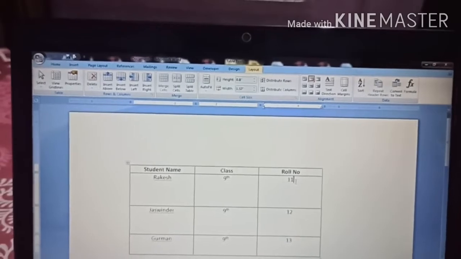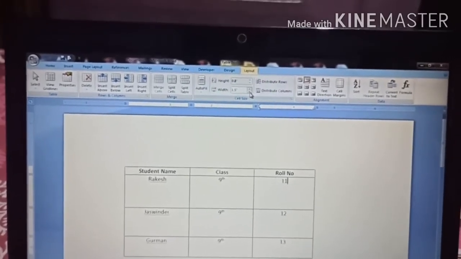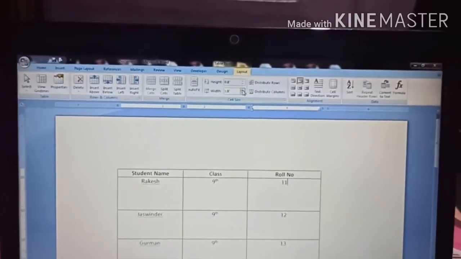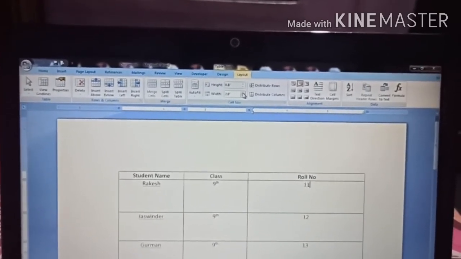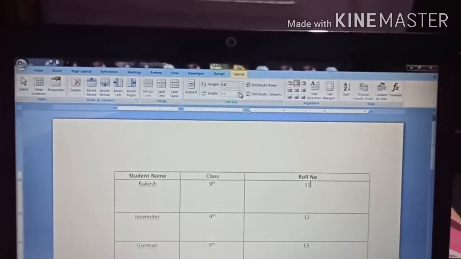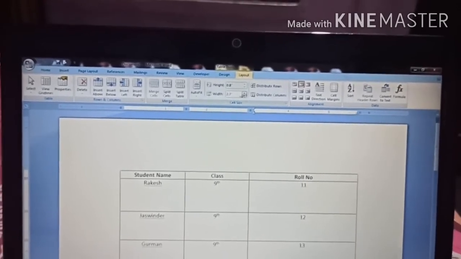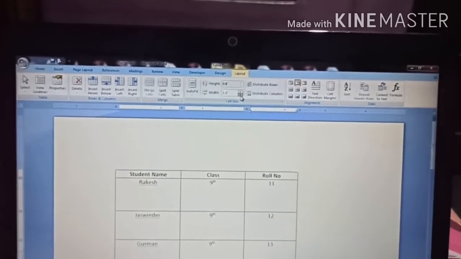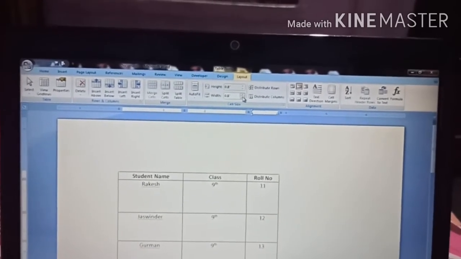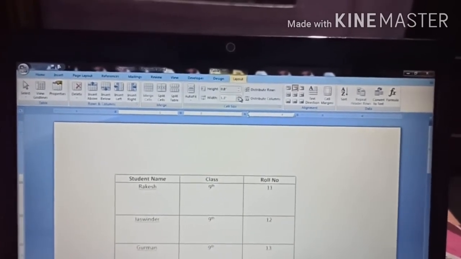Put your cursor here. Here you can see I have increased the width of the third column, and here we can decrease the width. So in this way you can modify your table.